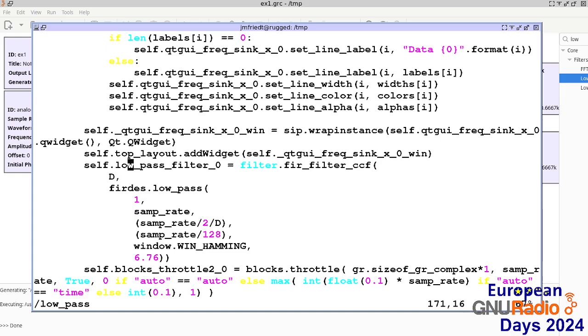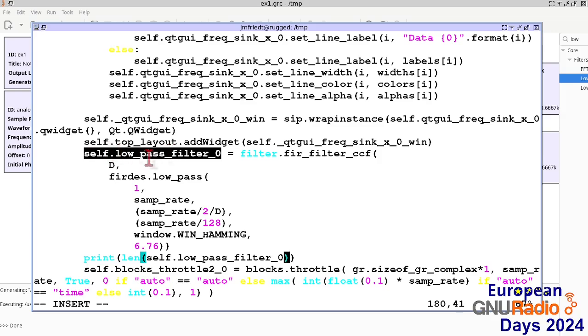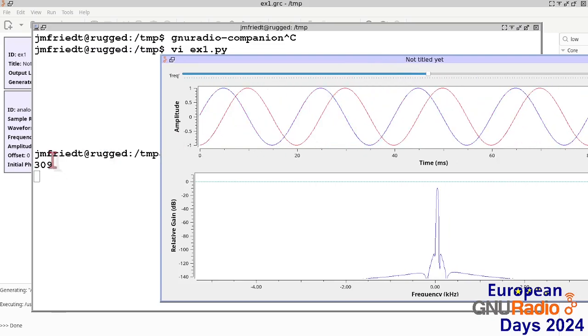So the low-pass filter here has been defined as a low-pass filter with the sample rate, the sampling frequency, and so on. And here we can interact with this flowchart and consider that we can, for example, print the length, if we want to know the number of taps of this filter here. We can ask the method taps, which provides the vector of taps, and we display the length. Now we can execute this edited example here, and when executing, we see that there is a display of the